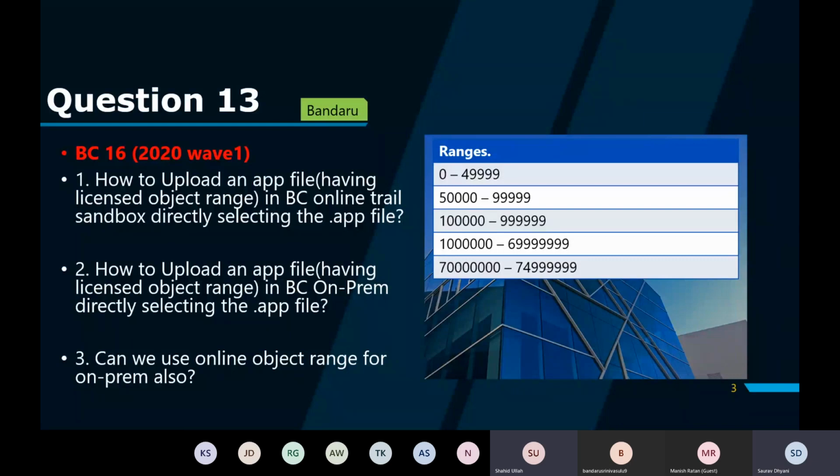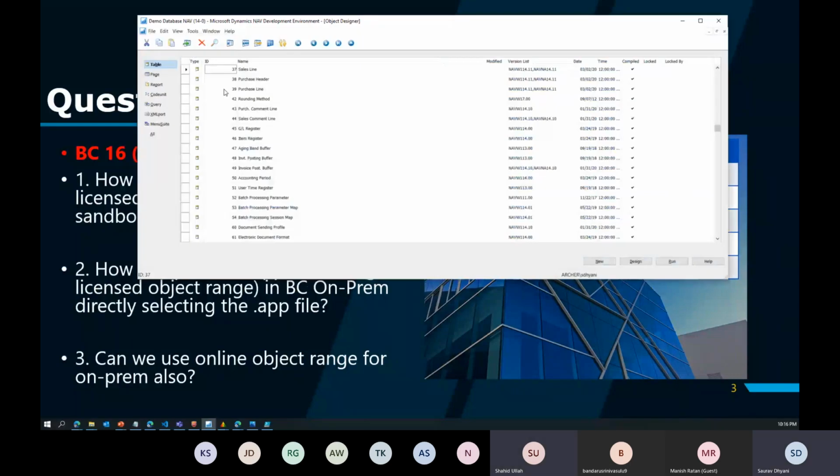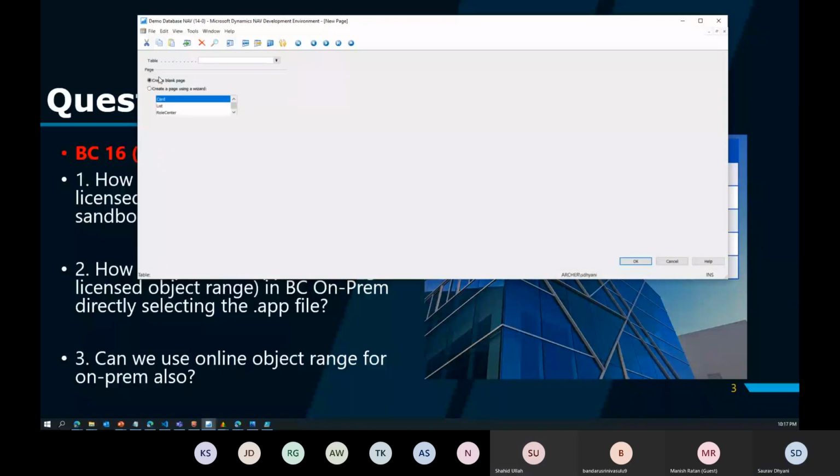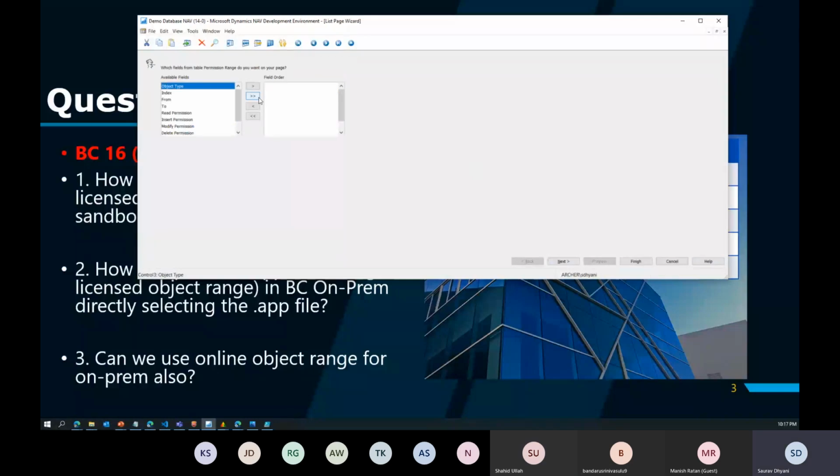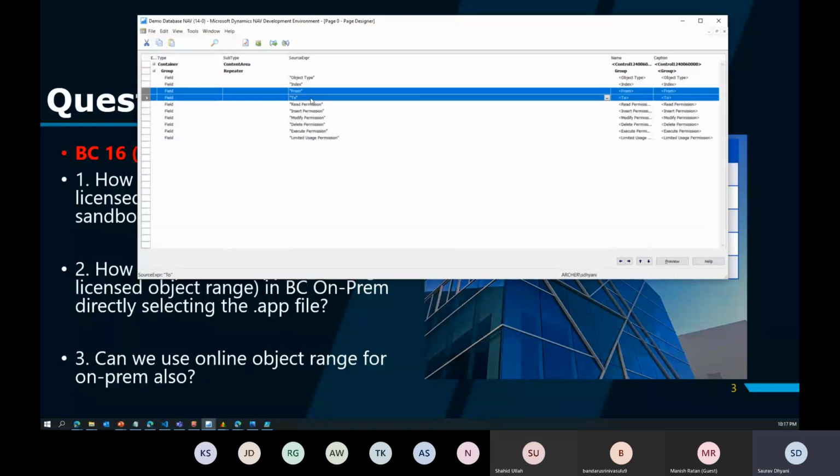They allow ranges. So what you can do is upload the license in the database and then create a page on, let me think, the permission range table. Yes, you can create the page on the permission range table and then filter this page on index, or on 99,999 objects, the IDs that they have purchased. So just create a